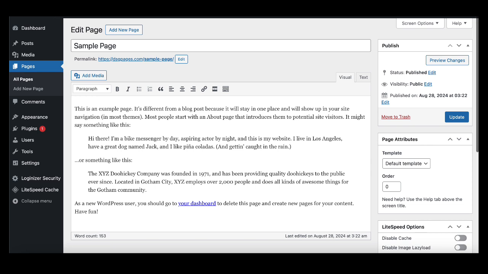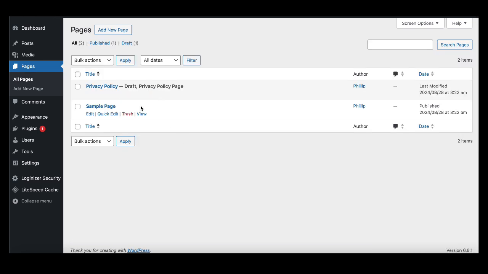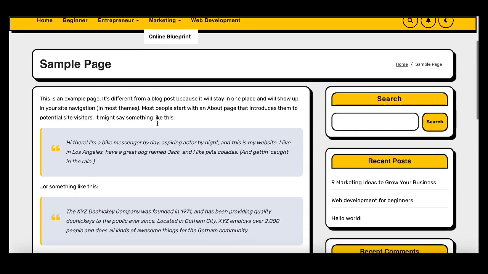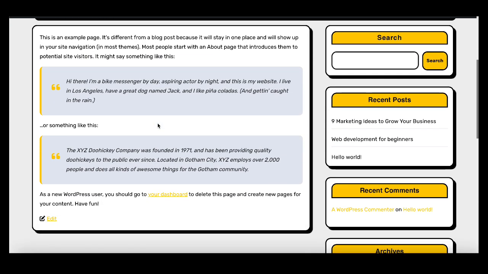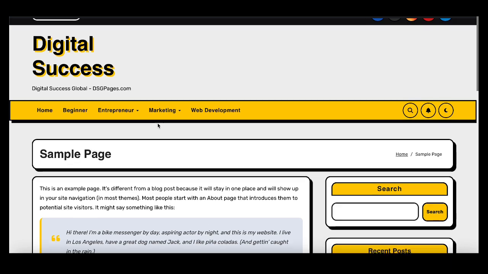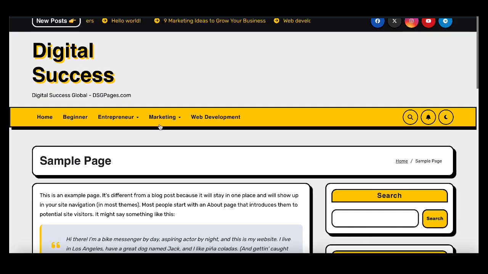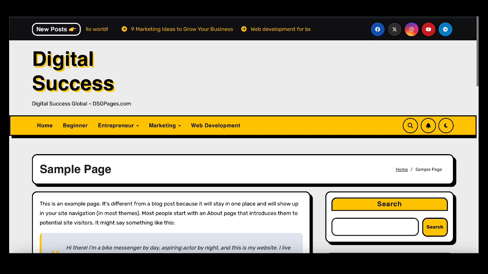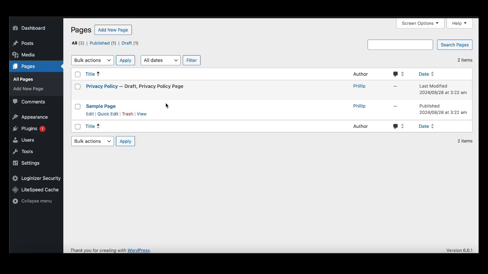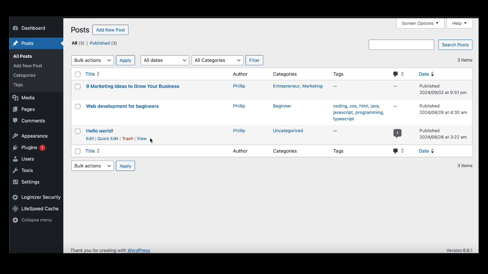So if we view this, here's just a sample page. This can be whatever you want, but it's an actual page, different than a post. If we look at posts, this is where you would post articles. I have a few that I put in here.